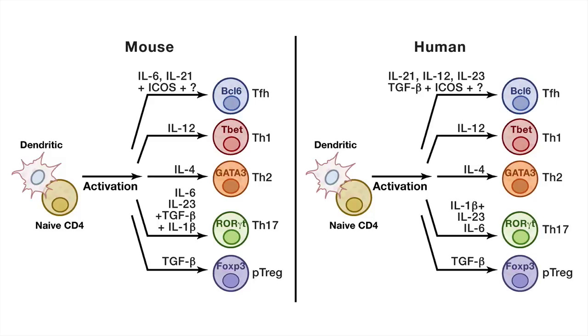Now, if we represent signals involved in TFH differentiation in the classical linear model, or classical sort of rainbow model, where all CD4 T cell differentiation pathways are fully independent and driven by distinct signals, we would diagram it this way, with IL-6 and ICOS being involved, and in the absence of IL-6, IL-21 contributes. But